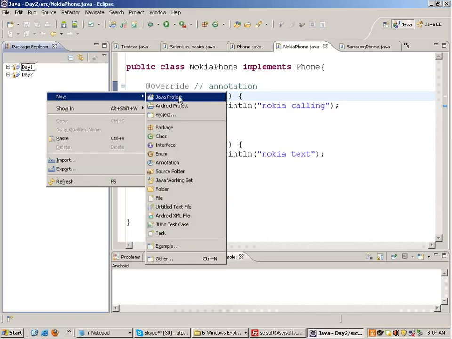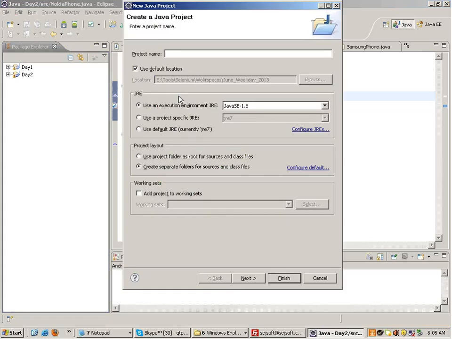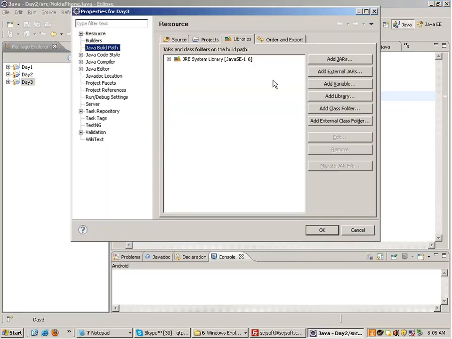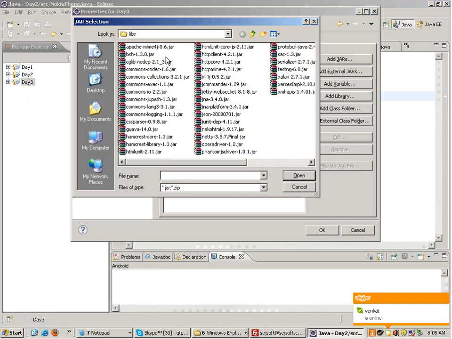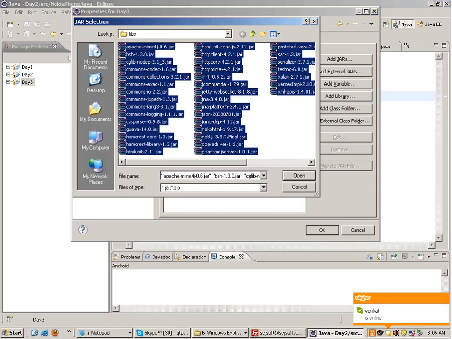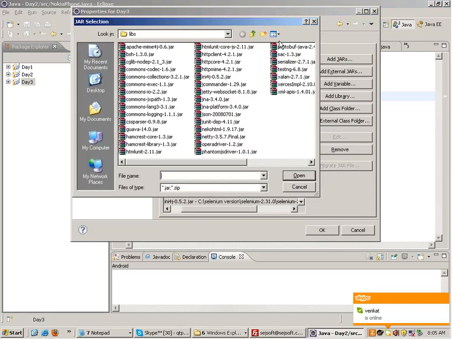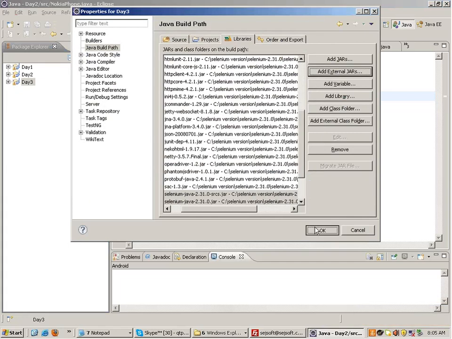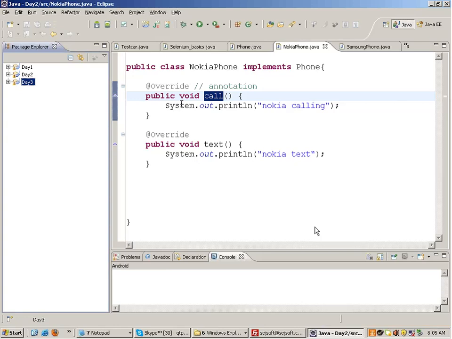I'll make a new project named as J3, and I'll add the jar files of Selenium to this project. So I've added the jar file of Selenium in this project, and what I'll do is inside the source folder,